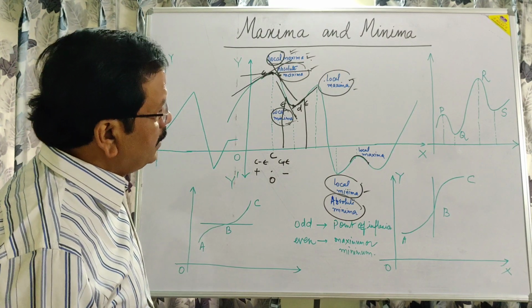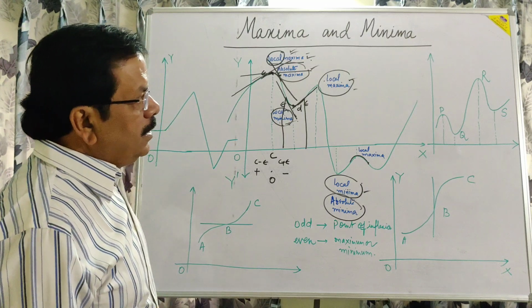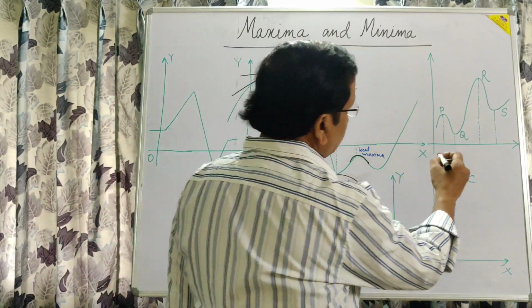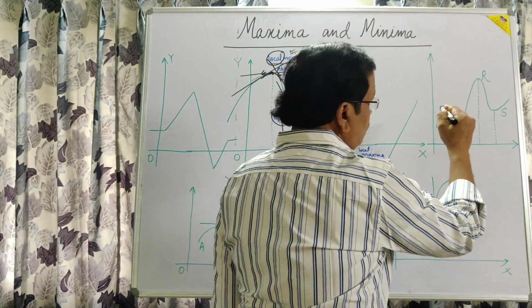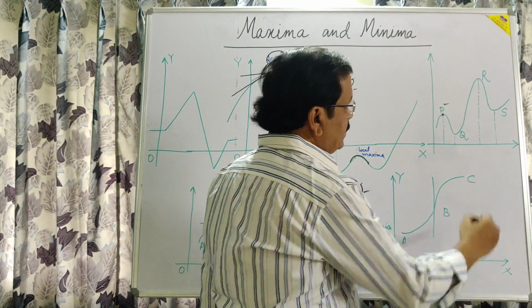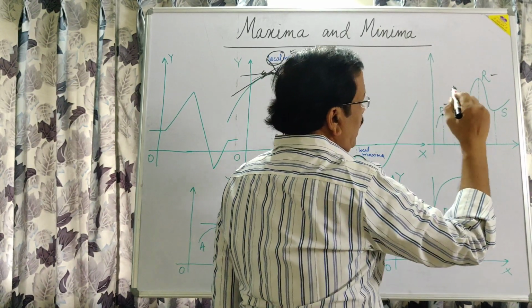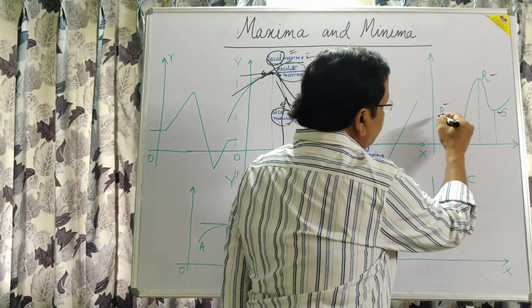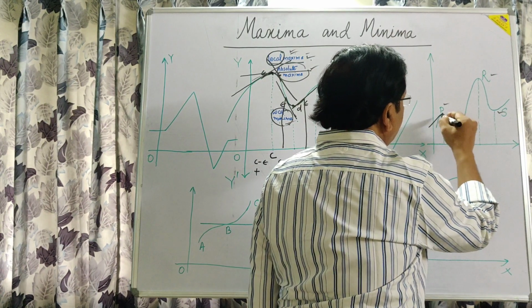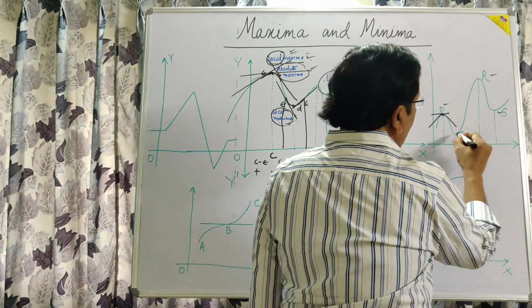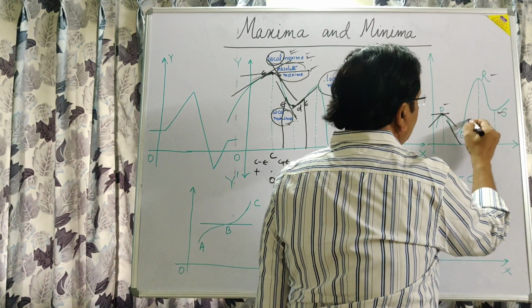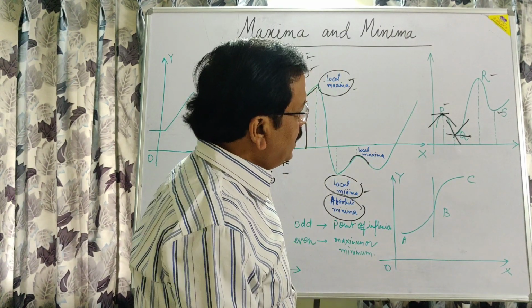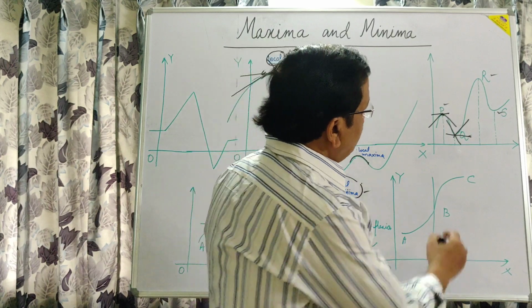And it is not necessary that the number of local maxima is more than local minima. Here you can see in this curve that this point P is a maximum and this is also a maximum, and this is a minimum and this is a minimum. How are we getting this? You can again see the concept of tangent. This is the tangent, and this is the maximum, and here also this is less than 0 and this is greater than 0. The point where it ceases to be decreasing, we say minimum, and this is maximum.